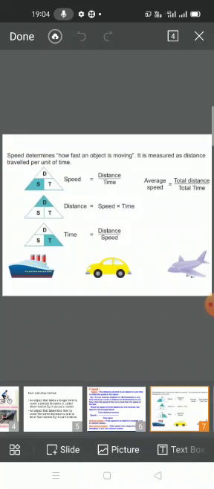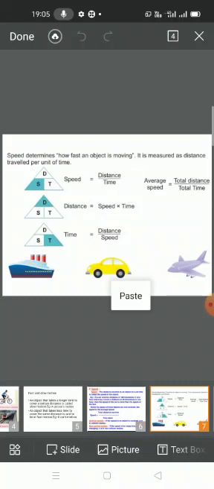Various formulas are there. The distance formula and the time formula can be calculated from the speed only. So we have to remember only the formula of speed. Speed is equal to distance upon time. We can calculate the formula of distance also. Cross multiply, distance is equal to speed into time. And we can calculate the formula of time also from the speed, that is time is equal to distance upon speed. Now how can we calculate the average speed?